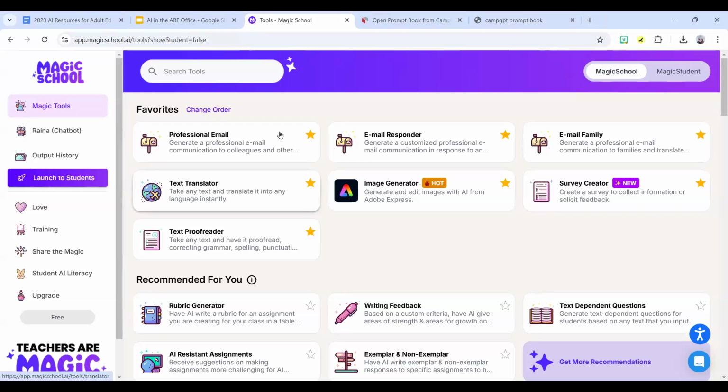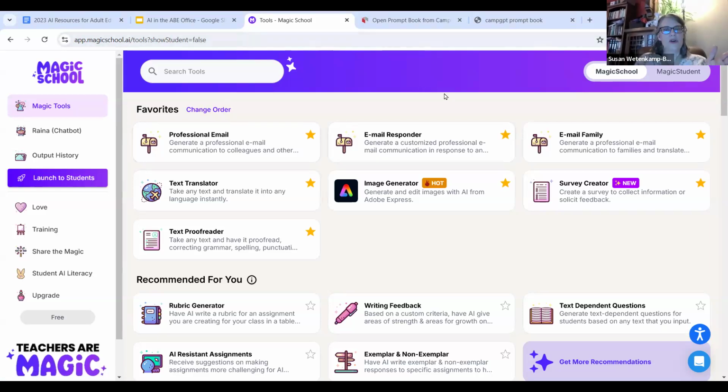So here we are. I'm logged in already. If you haven't set up an account yet, you'll need to set up an account when Patsy puts that link in the chat. And when you log in, you're going to land on this page that says Magic Tools. Once you've been using Magic School AI for a little while, you'll notice that you can favorite certain tools so that they're always up here at the top for you.